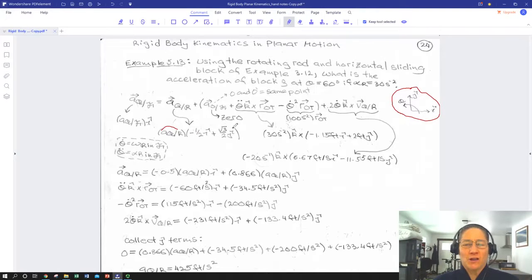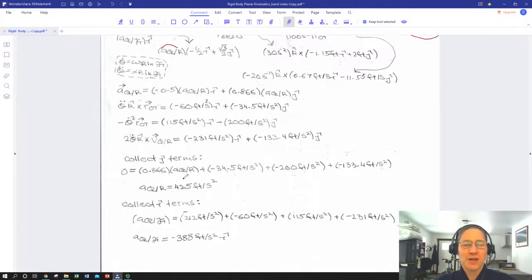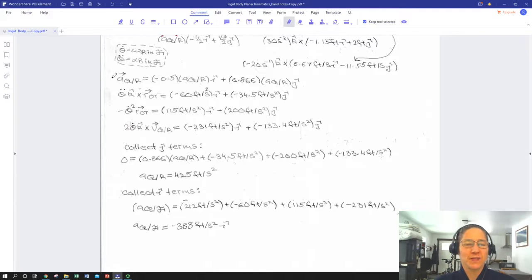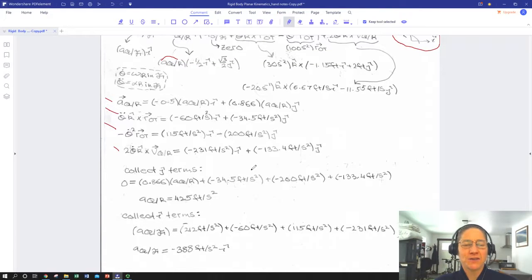So if we put all of those together and rewrite the expression for each one, we can just tally up each of these vector expressions together, and then reassemble all of those as a sum. I'm not showing all of the rearranging, but I believe they're all just added according to this formula. We can collect the i hat terms and the j hat terms and solve for acceleration of Q with respect